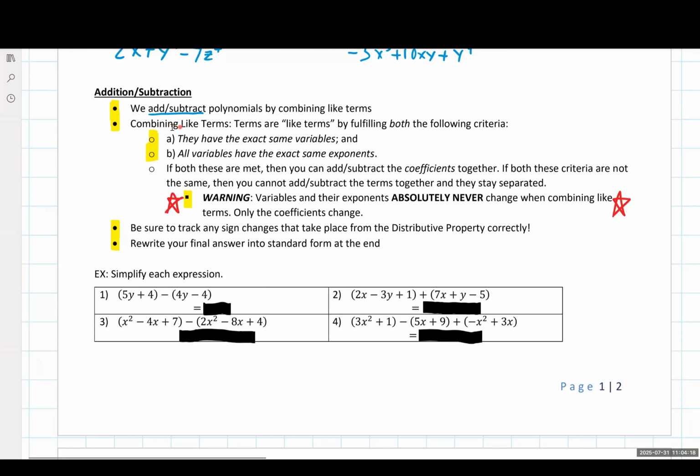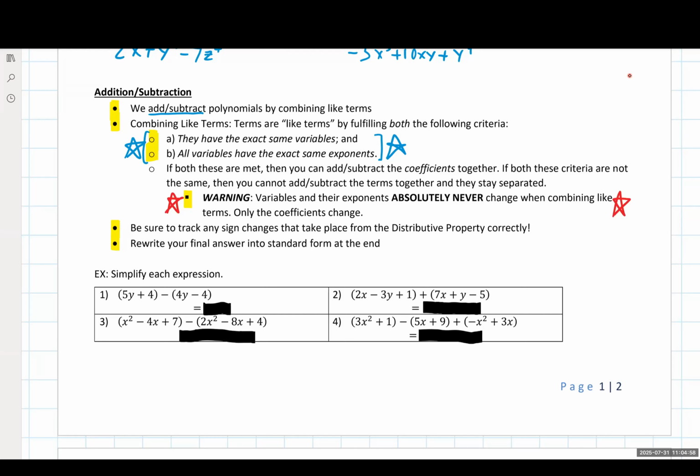So what do we refer to as combining like terms? What is the definition of like terms? Well, we have two criteria that show up with this for like terms. And if you are writing this down for yourself, which is fantastic, please highlight, star, circle, put brackets, whatever you need to around it. These are the two big requirements that we have for combining like terms now and forever moving forward, whether it be this math class, your next math class, calculus, multivariable, differential equations, physics, all that good fun stuff.